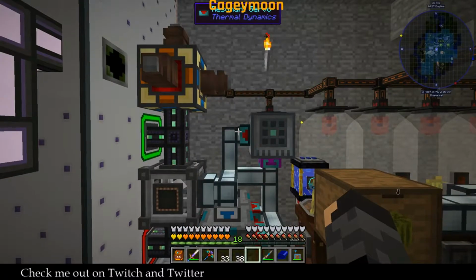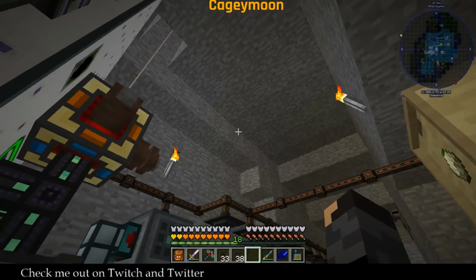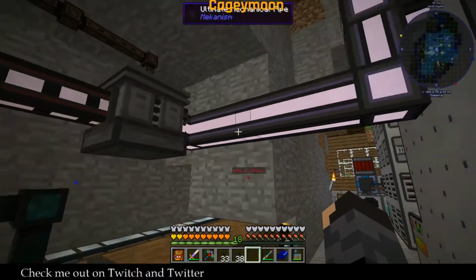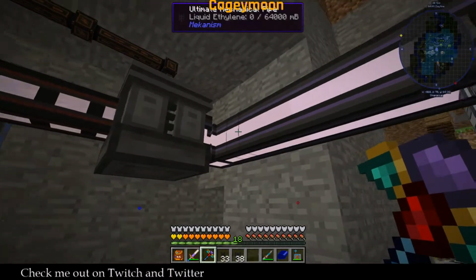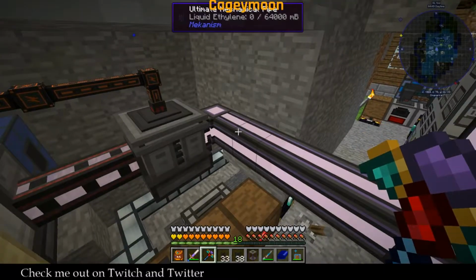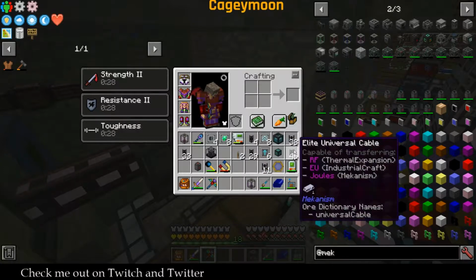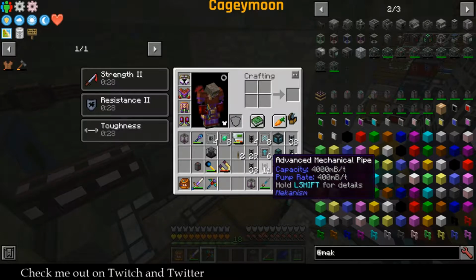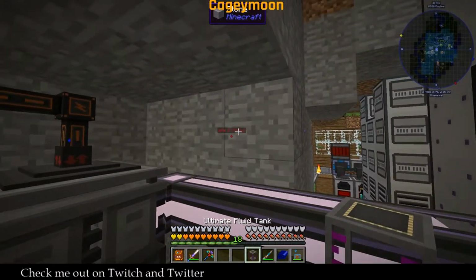Let's see. We were going to... Oh, I know what we were going to do. I remember what we were going to do. Here we go. We were going to put a tank in. Mechanical pipe. Pressure. It's advanced. This is our elite. I hate to do this, but